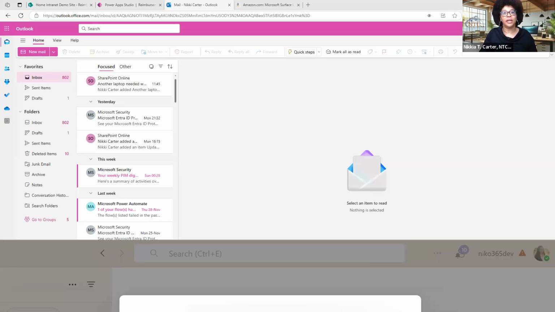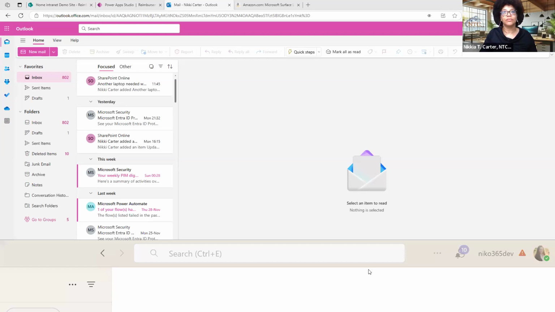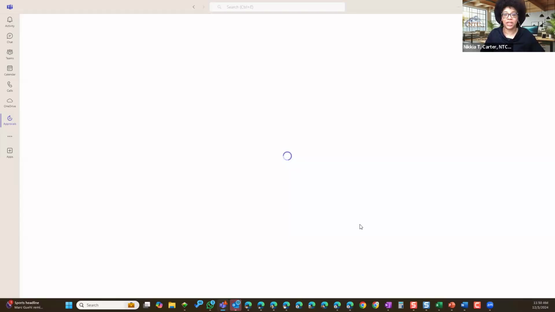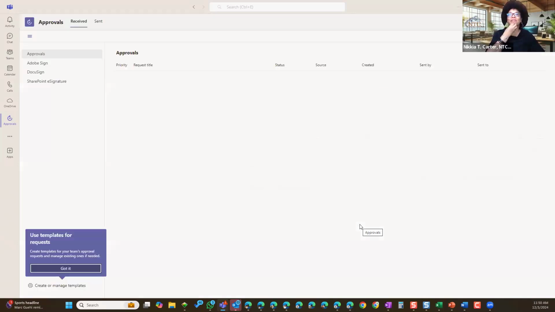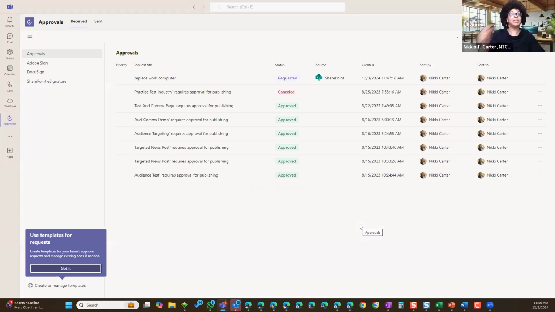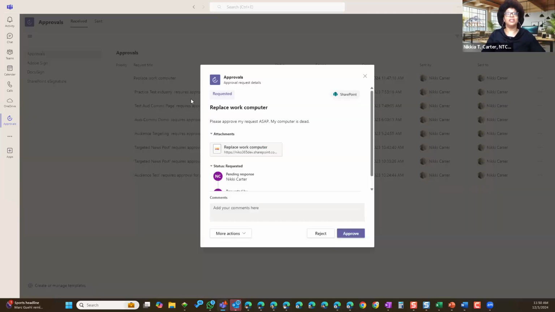So I'm adding it. I just added the approval app. I'm sorry, I should have shown you what it looked like. But when I saw that it was showing up there, I added the approval app to my Teams, and there I can see the request and where it came from and who it was sent by and who it was sent to, which was basically me again. But I'm also supposed to get an email. It's just taking forever to come across.